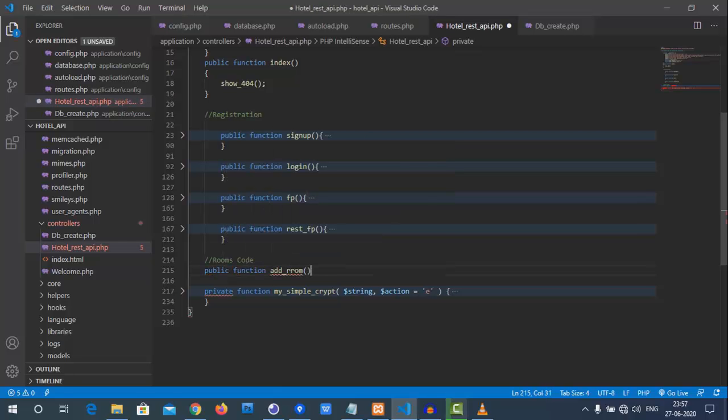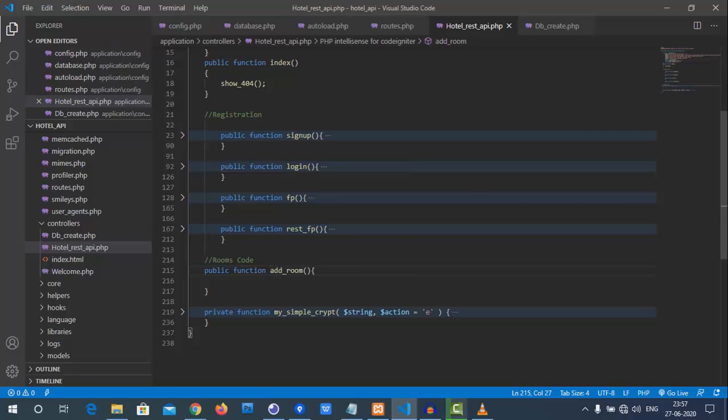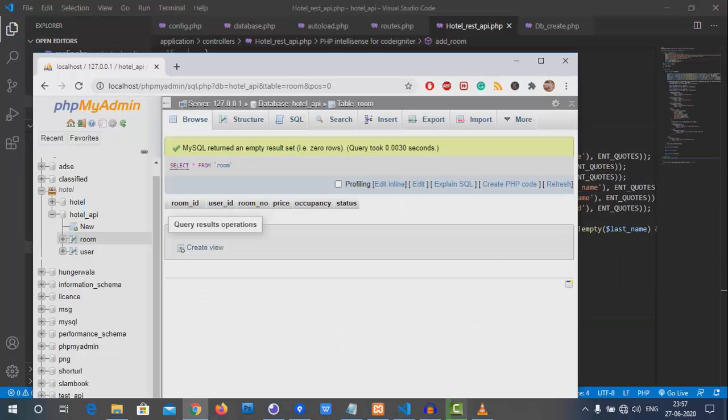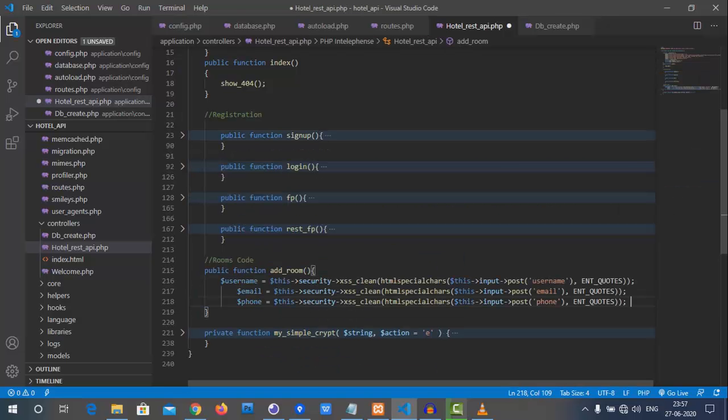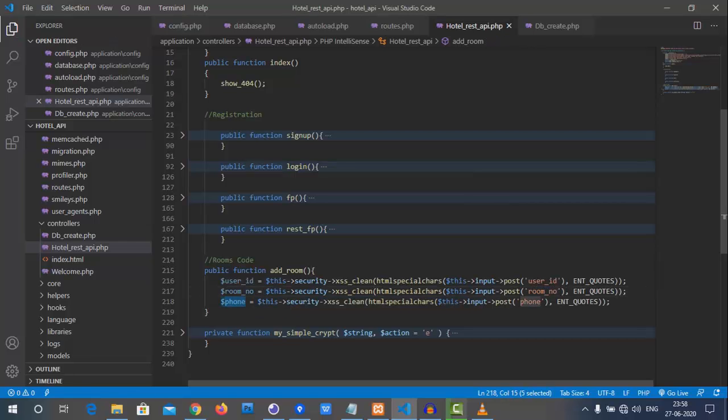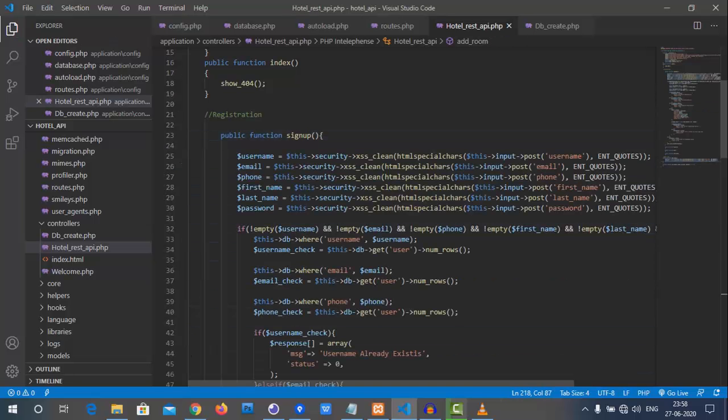So to create this table, what we need to do, this is not the table actually. Here you go with the hotel API. I have not created it on localhost, I have just written it and left it as it is. You go to localhost, then navigate to hotel API, then the DB. Once it is done, the room has array values. Set up a kind of index page, 404, and give the links.